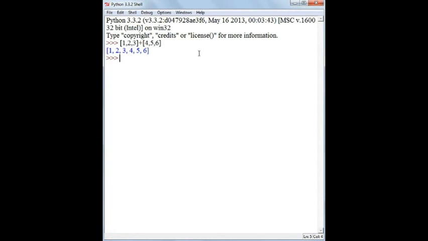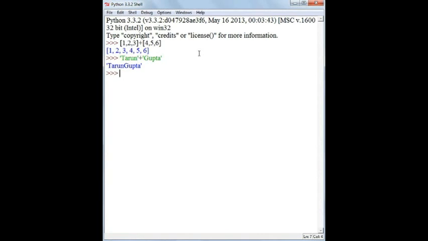Earlier I told you that strings also work as sequences, so go ahead and type two strings and try to concatenate them. Let me show you an example of that. So these are two strings. You can add a plus sign between them like you did with the list sequences. So you can concatenate strings also.